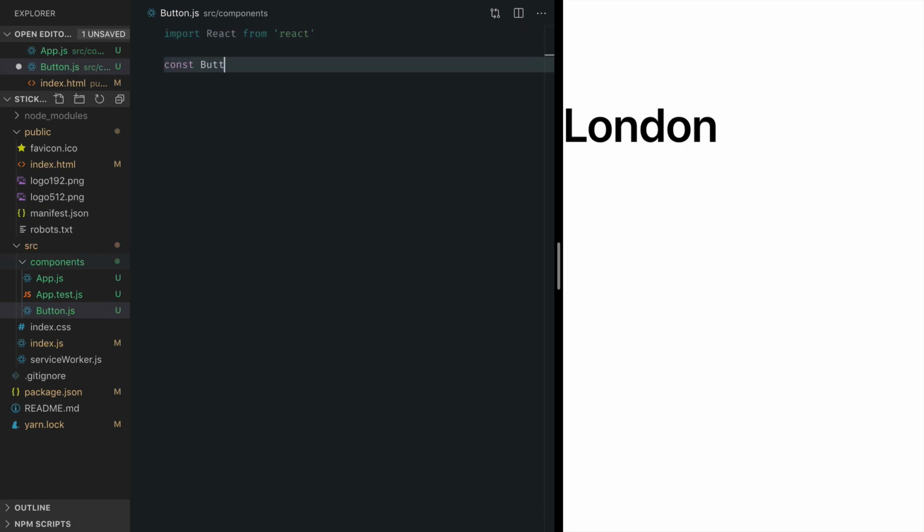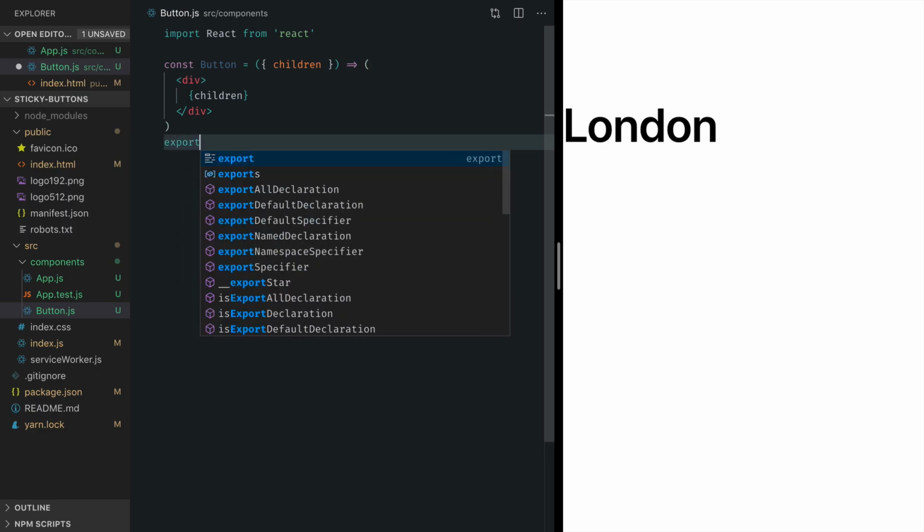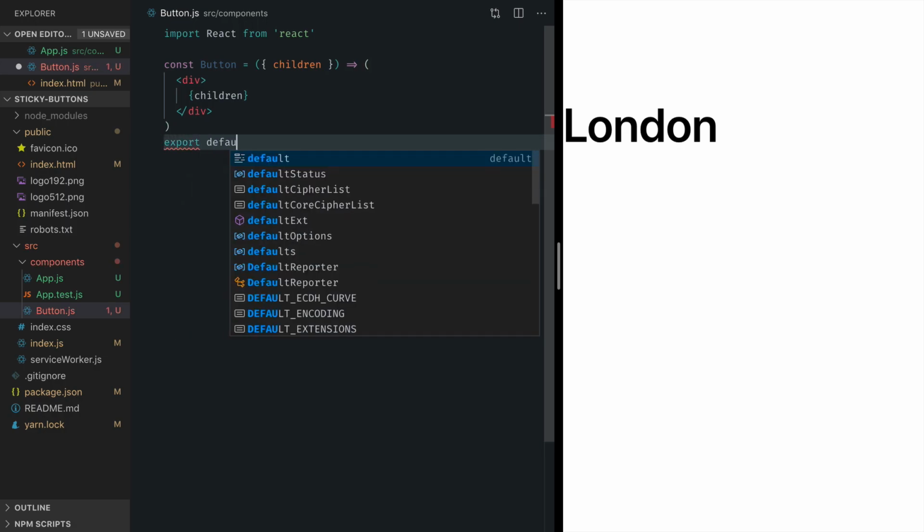So const button is equal to a function that returns div element. For now, our button will just wrap its children. So I specify children as button property, export it, export default